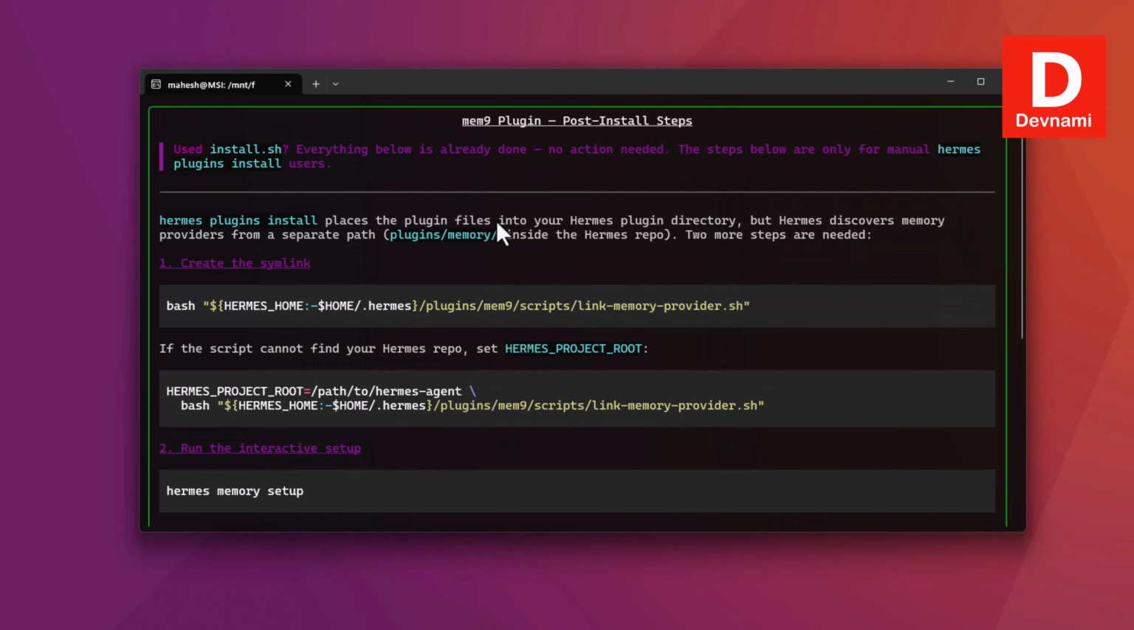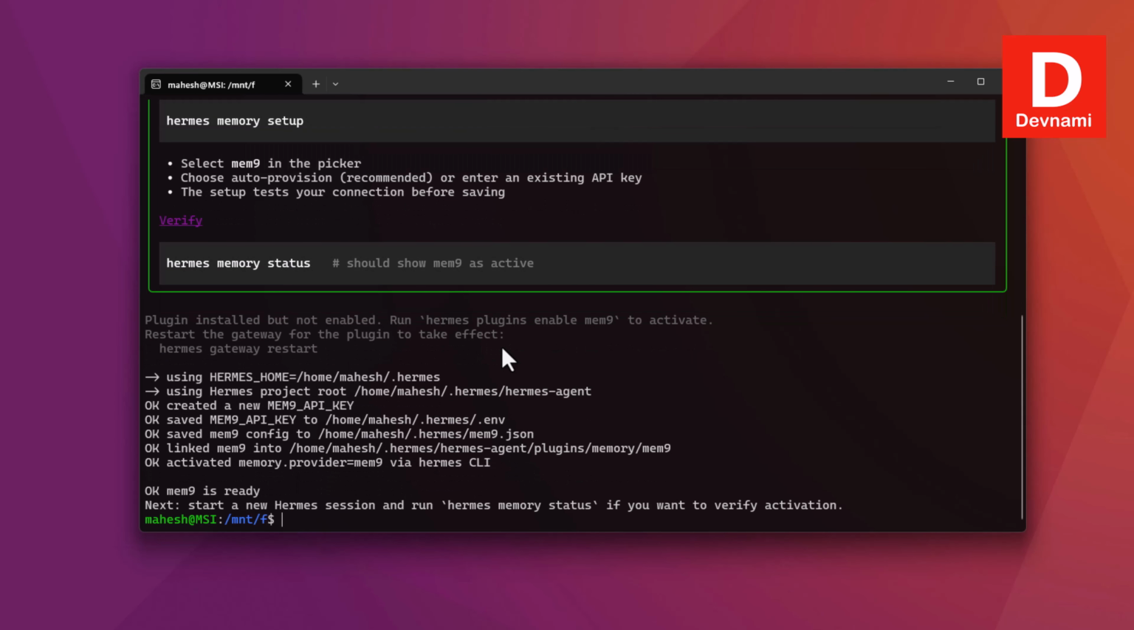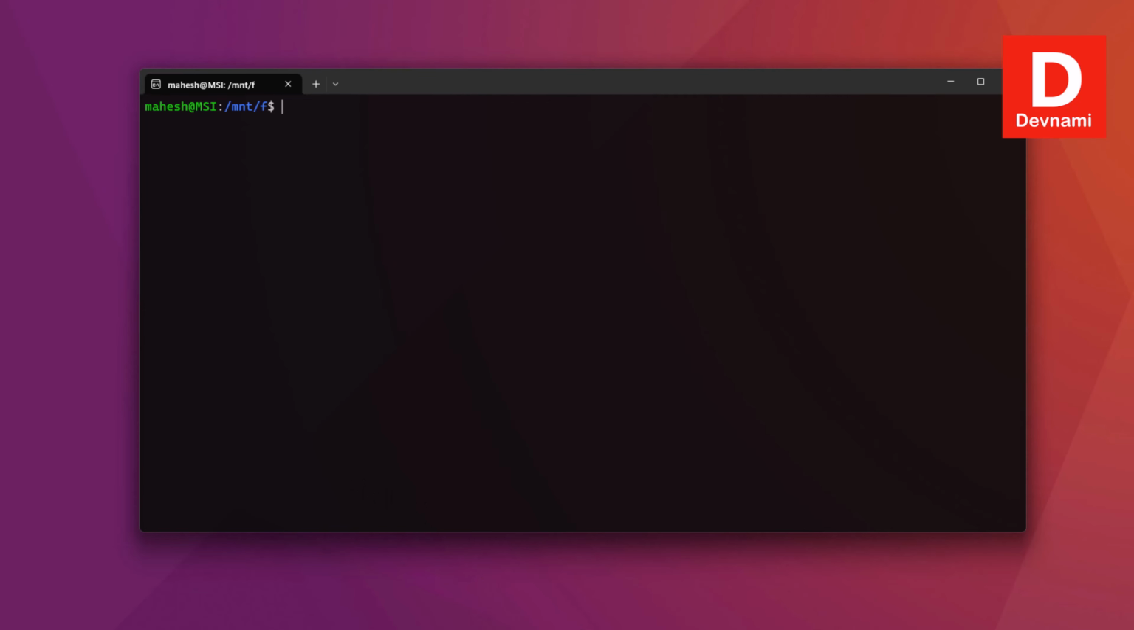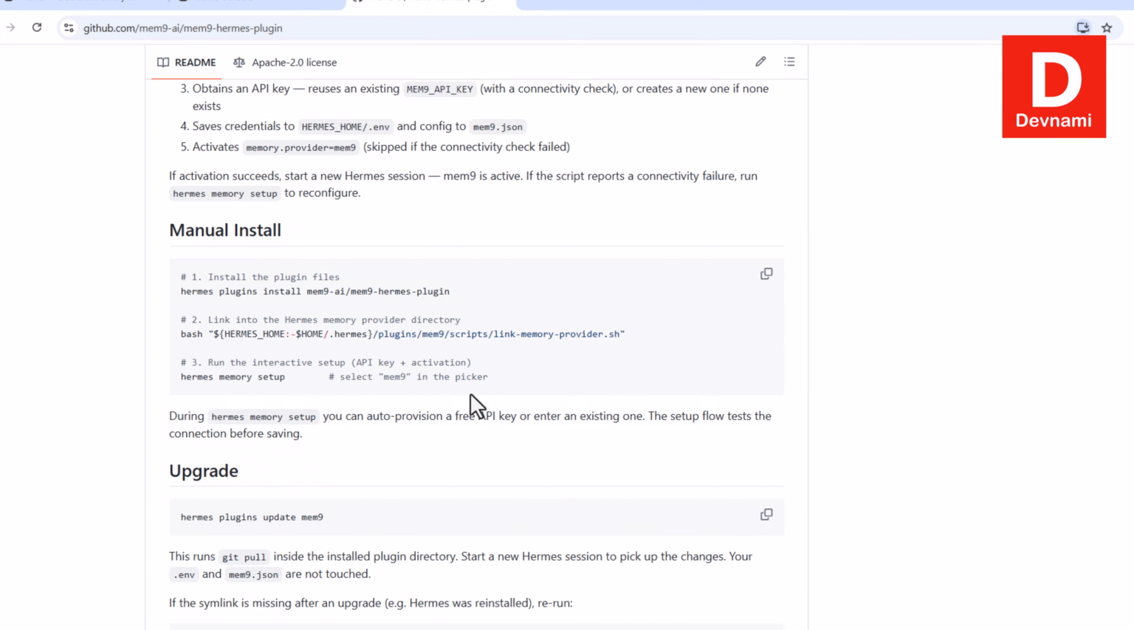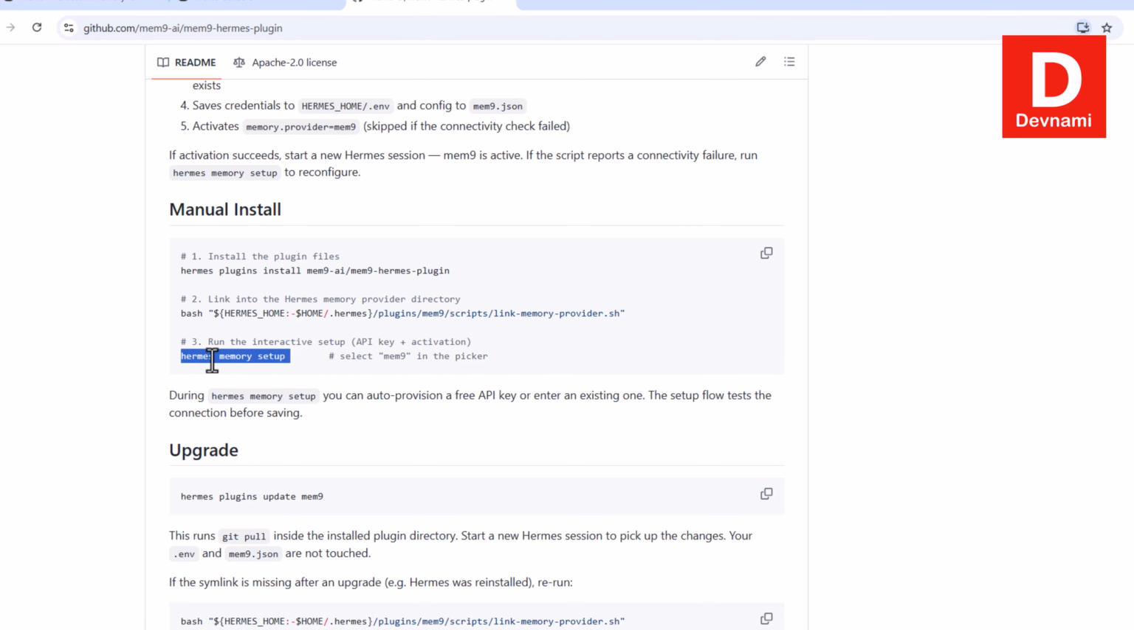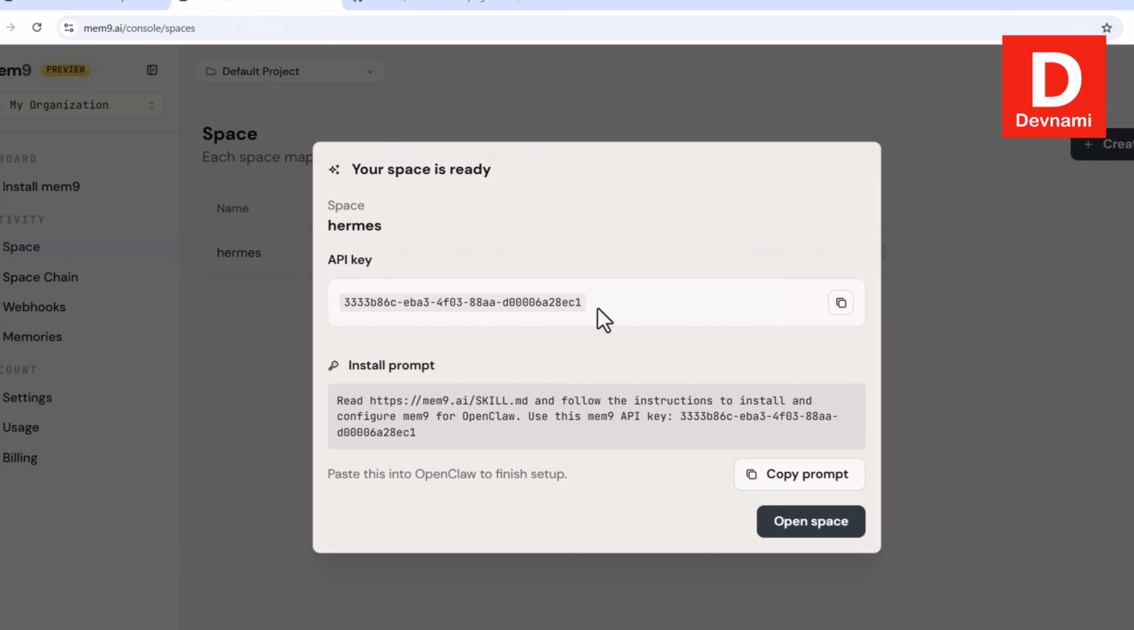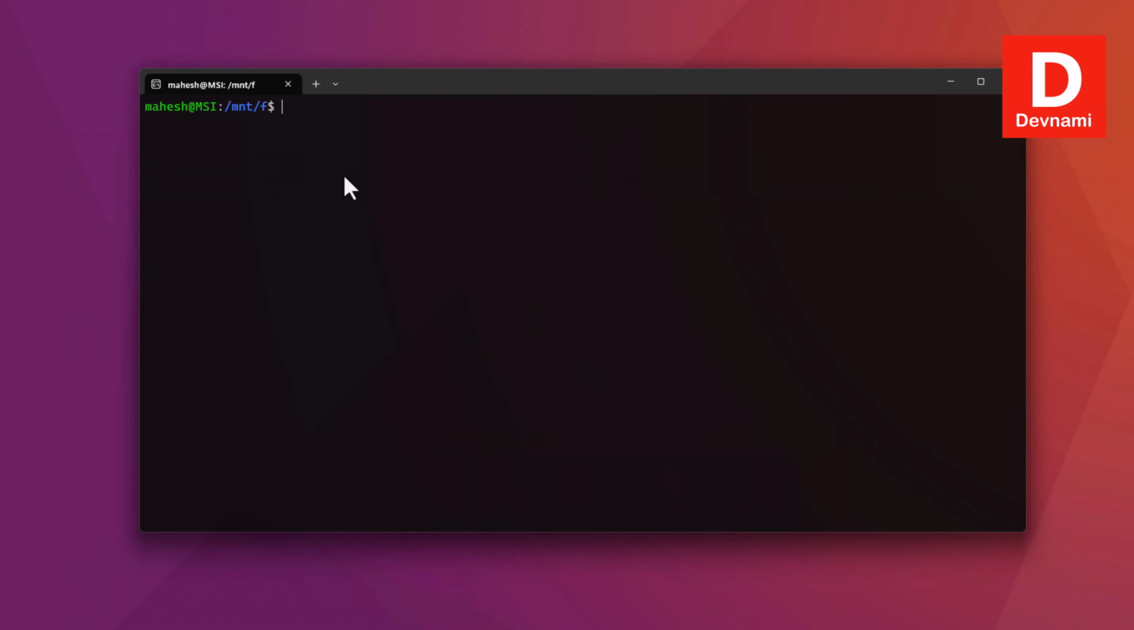You can see the whole process, right? Next, you can see Mem9 is now added. Once you add that, we will clear it again. Now based on the official setup, you can do Hermes memory setup, right? And for that we will use this particular API key. So I will copy this, then I will open Hermes memory, then setup,